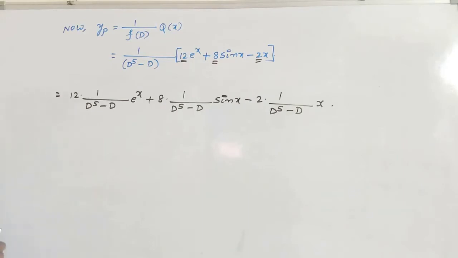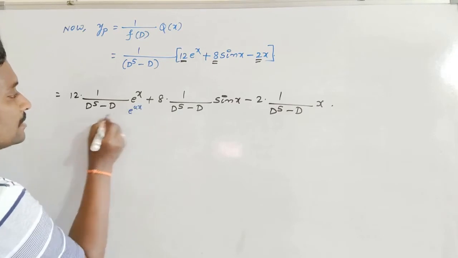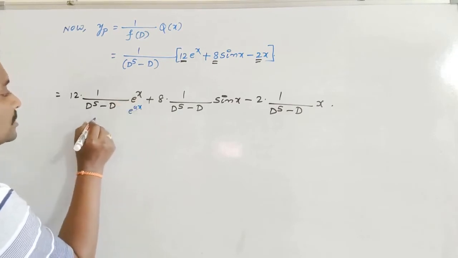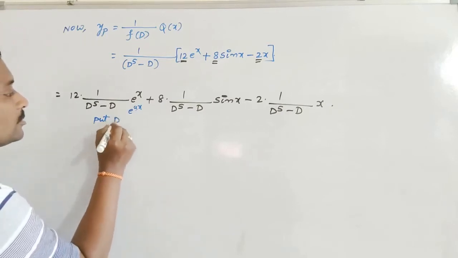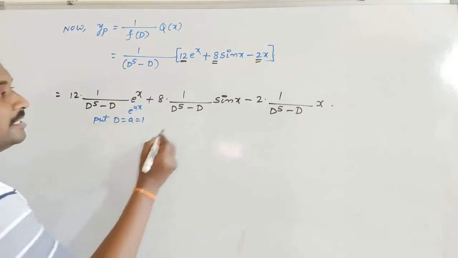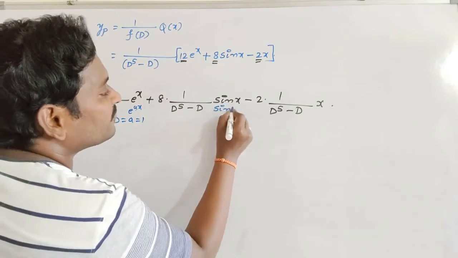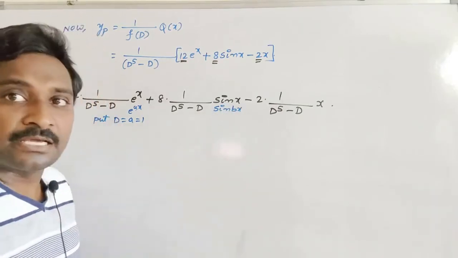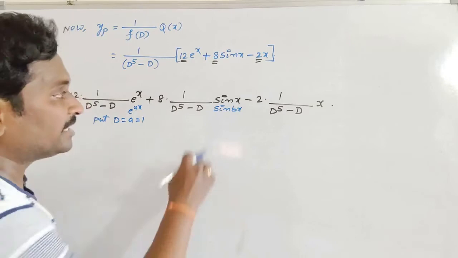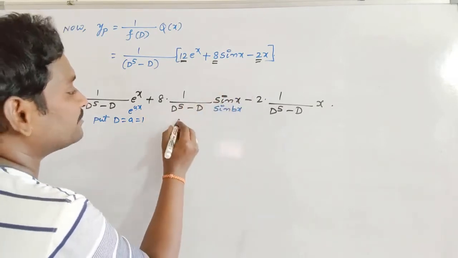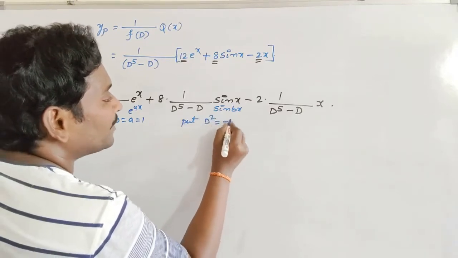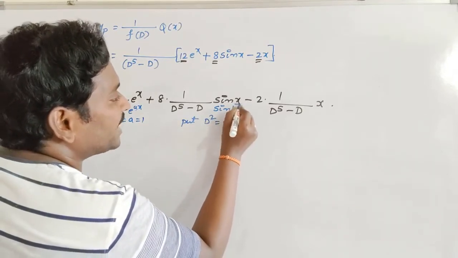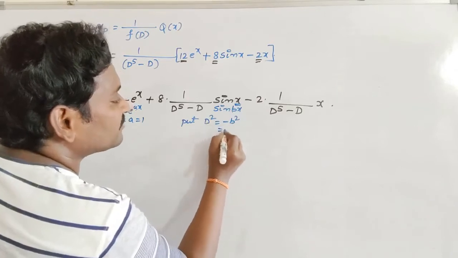Okay, so clearly we are observing that the first part is in the form of e power ax. So a is nothing but the x coefficient. So to eliminate D here, we can use the rule D is equal to a, which is 1. Here also the term is in the form of sin bx. So to eliminate capital D in the denominator, when the right hand side is in the form of sin bx, we can use the rule D square is equal to minus b square. b is nothing but the x coefficient in the angle, which is 1, so D square is minus 1.